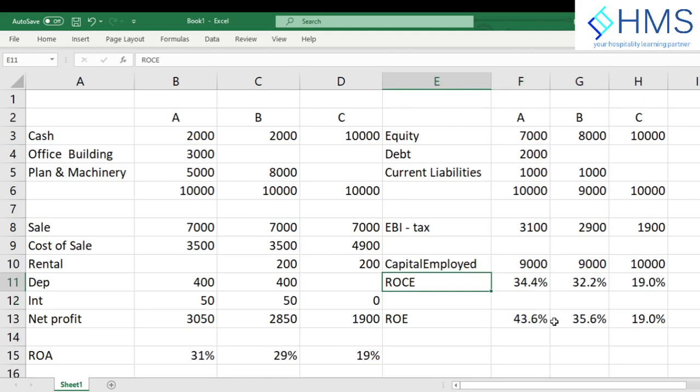The reason being is because whenever the interest rate on the debt is going to be lower than the return on the assets, the return on equity will always be higher than return on capital employed, because it will improve the margins, right? So here, average interest on